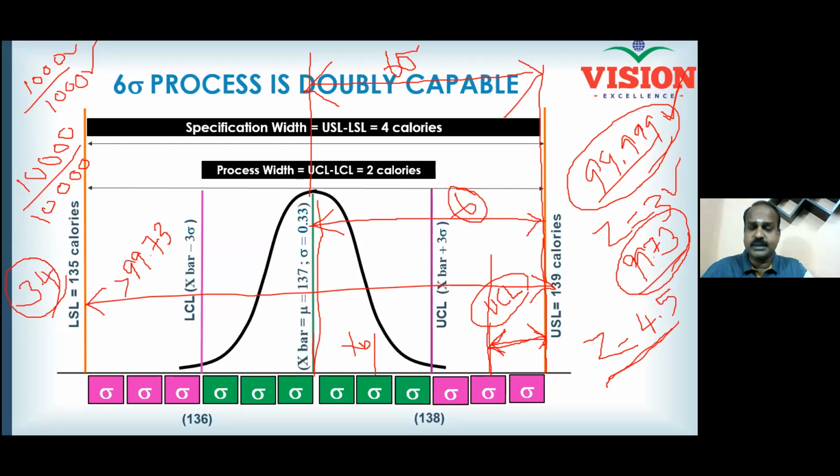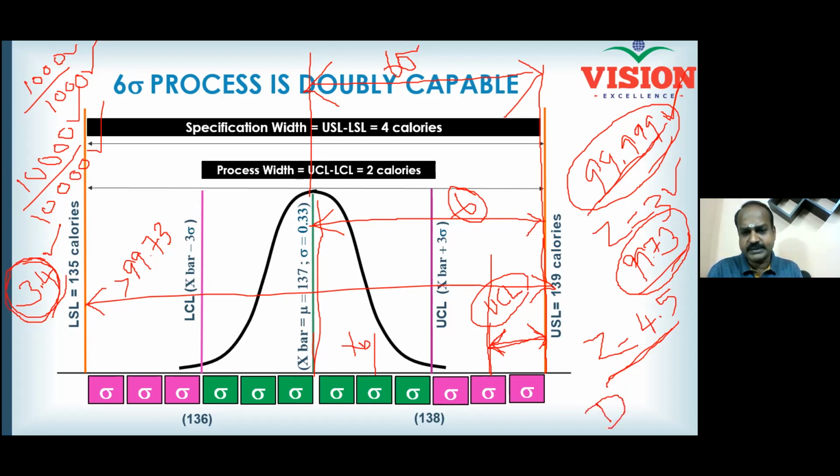And let us say your customer is impressed with the way you are delivering the products. He increases the order to 10,000. Now let us try the same thing. What is 99.999% of 10,000? Even with 10,000, it works in the same manner. Almost all 10,000 products are within the spec. If you imagine you produce 1 million milk bottles, you will see only 3.4 defects. The chance of a defect occurring when you produce 1 million units is 3.4 defects only. And this is what we call 3.4 DPMO.